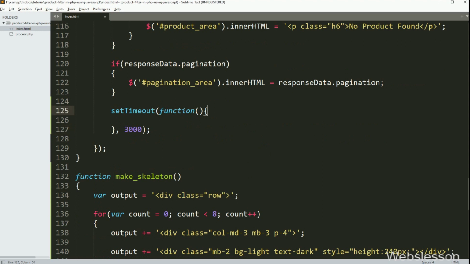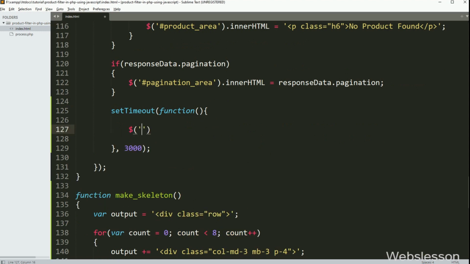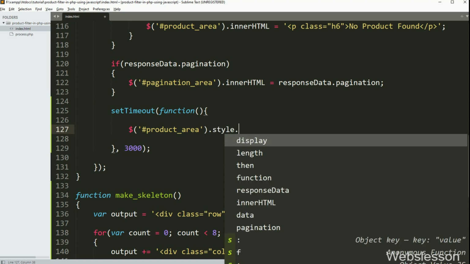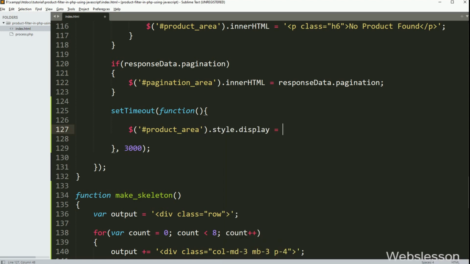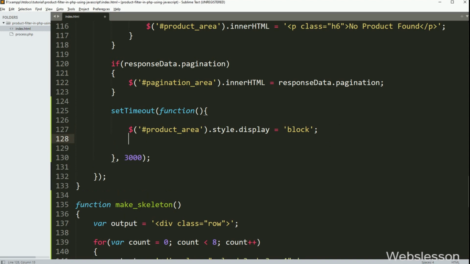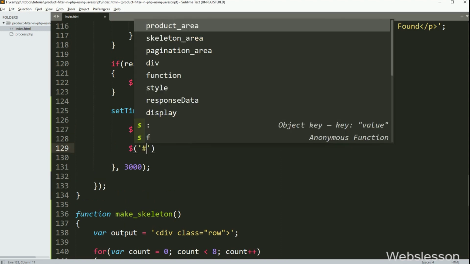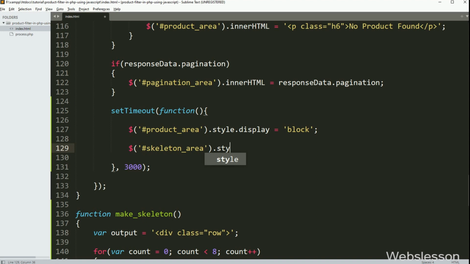Under this function, we have written a $function with division tag id product area with style.display equal to block, so it will display the content of this division tag on a web page. And below this, we have written a $function with division tag id skeleton area .style.display equal to none, so it will hide the content of this division tag from the web page. So here our code is ready.